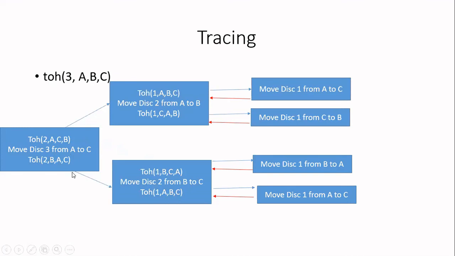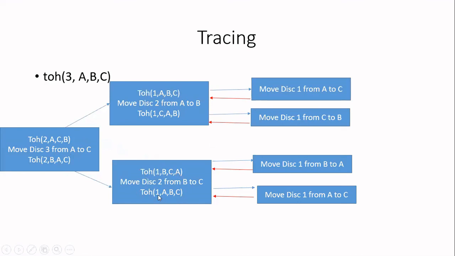Intermediate is now the pending one, that is B. Now you have two calls in this, again two recursive calls, solve them. Here n is 1. When n is 1, your recursion is final, it has reached the base case. So you have to write move disk 1 from source to the destination. In this, source is B and destination is A. So you write move disk 1 from B to A.